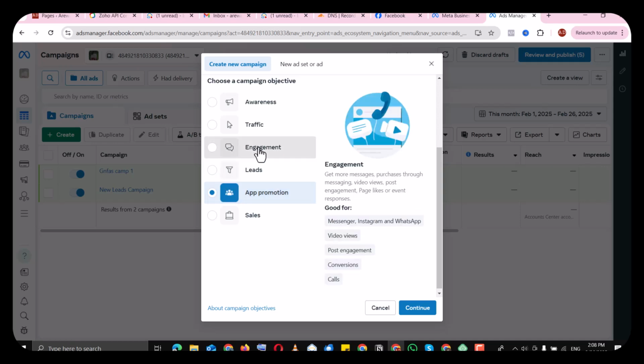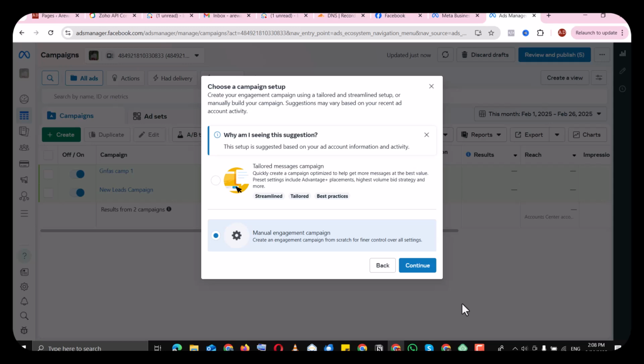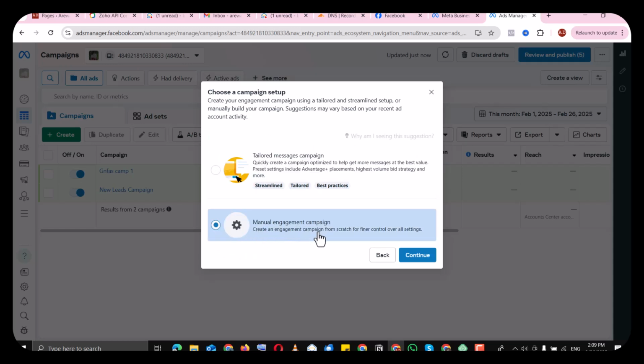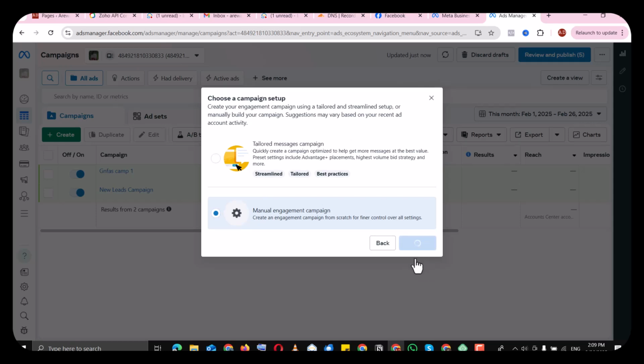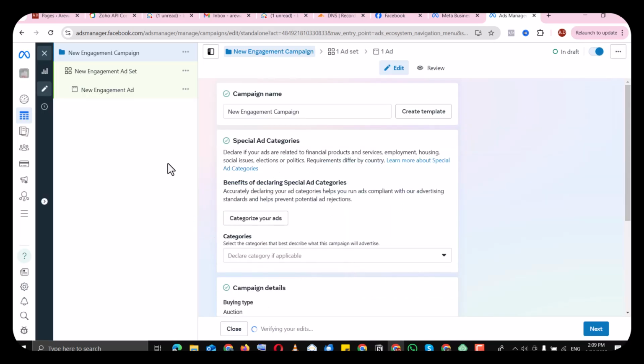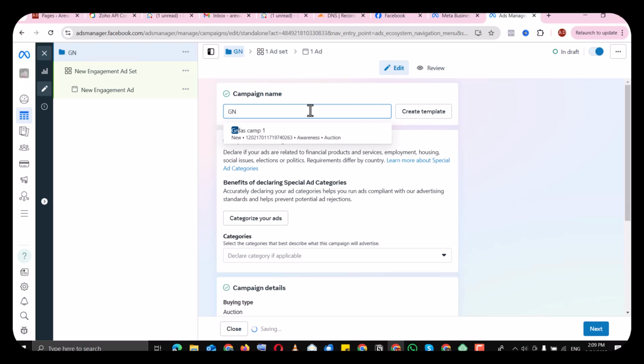So let's use the engagement objective to demonstrate this tutorial. Then you click on continue. So you have the option of allowing Facebook to automatically set up your campaign for you, or you can take charge of every detail of that campaign using the manual engagement campaign objective. So you click on continue, and voila, we are here. You just come here and you name your campaign. We can call this the GNFAS campaign,